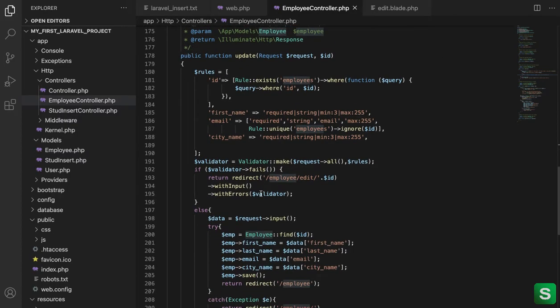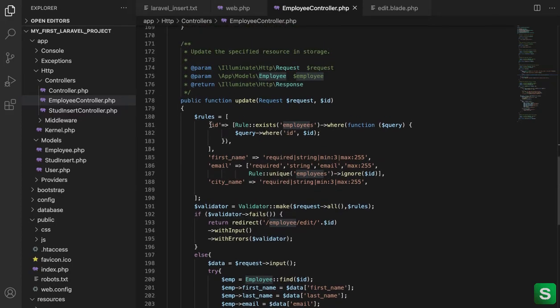Here we are using validations. In the rules, first we check that the ID should exist in our employees table, and if there is any invalid ID, it will raise an error, right? The first name is required, the email is required and also unique, but ignoring the current ID, okay?